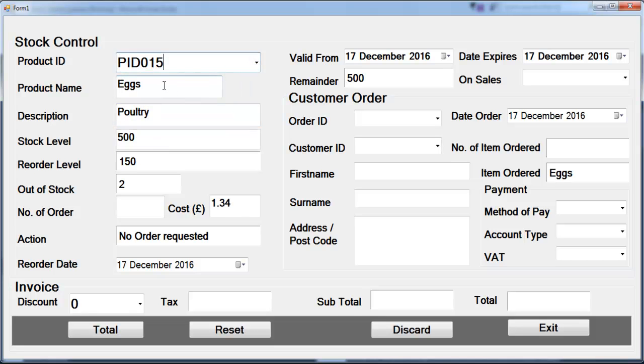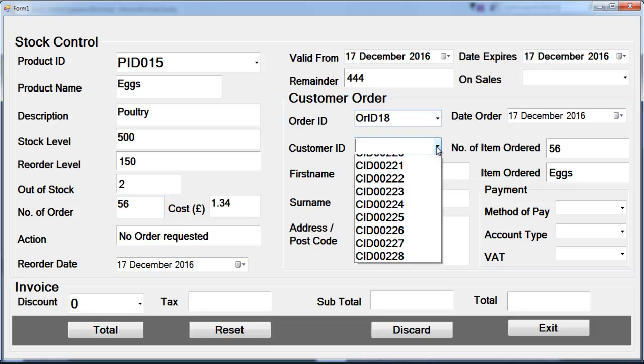Select the product ID and all of this information will be populated, and here you can always enter the order, how many of those you want. The sales assistant can also view if there's an order required, and right here that's the date, and the amount of product remaining from the stock. You can see it, everything automatically appears there, and here you can enter the customer order details,